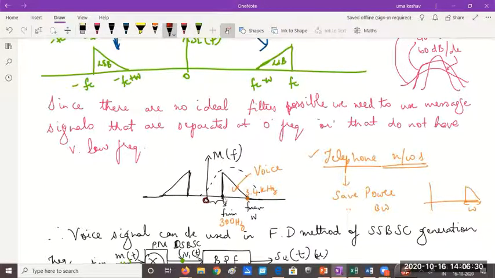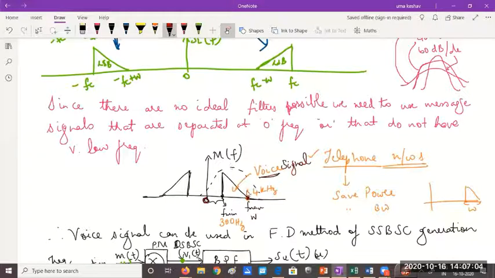We start off after certain frequency components and end somewhere else. The best example for this kind of message signal is your voice signal. The human voice signal exists between 300 Hz and 3.4 kHz. That is the range of the human voice signal. So we can make use of the human voice signal as the special type of message which we need.